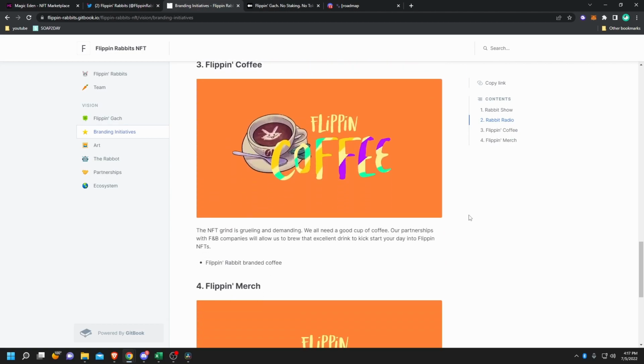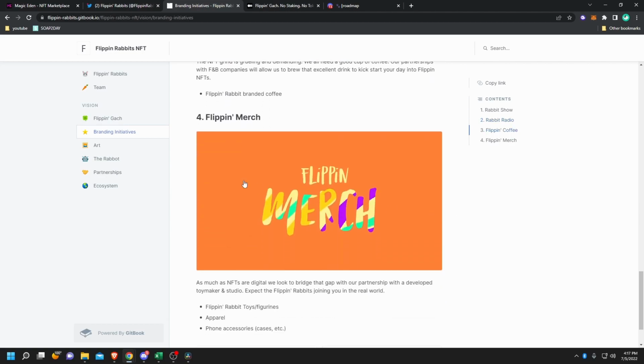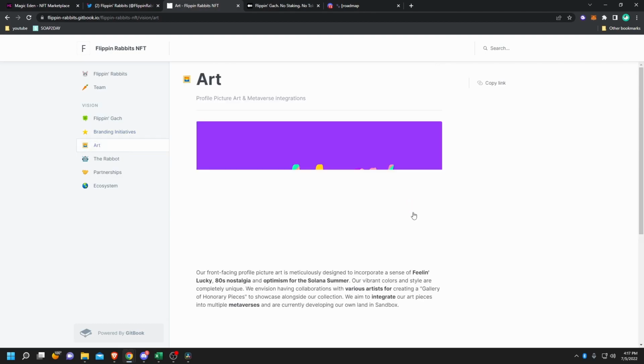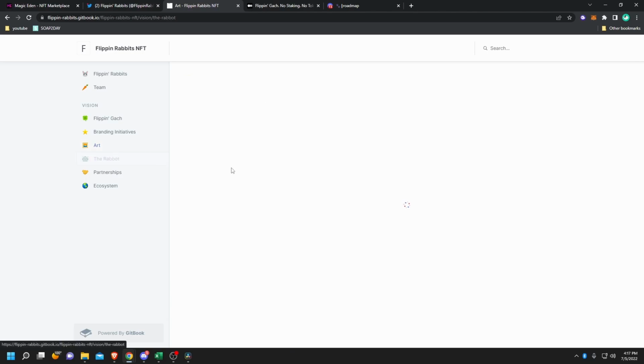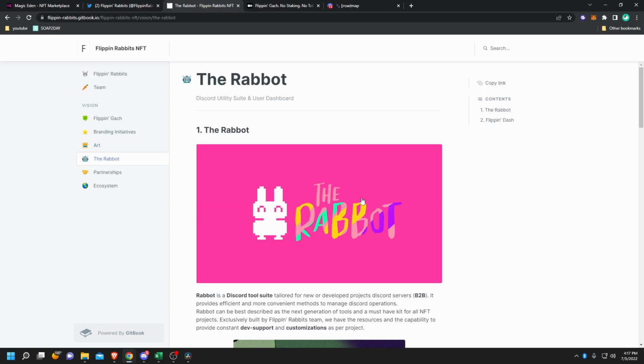Flippin' Coffee, this is their new coffee brand, and also the Flippin' merch. Art, I believe it's them creating a sort of art gallery in multiple metaverses, notably the Sandbox, but hopefully a couple more. The Rabot, so this is their business model, and so this isn't really for holders, it's more for